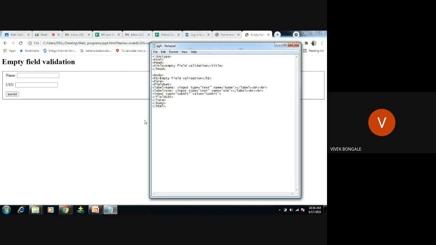Why? What is the reason? Because here we have not given the method. Method equal to something like post method. Once my form is done, I'm going to submit that to where? To the server. So that is the reason method is equal to post. Action: I am not writing any PHP program at the server side, so I will use the hash symbol. Now you can see the difference.